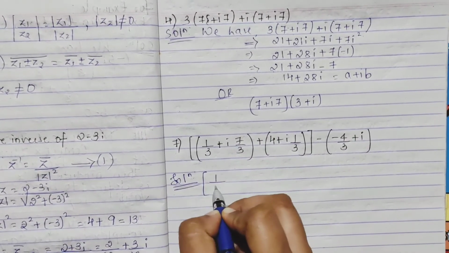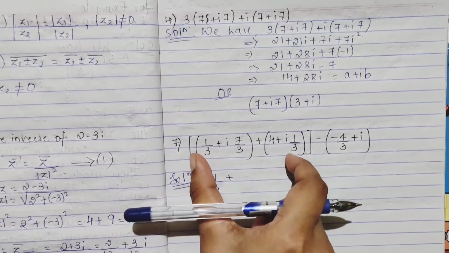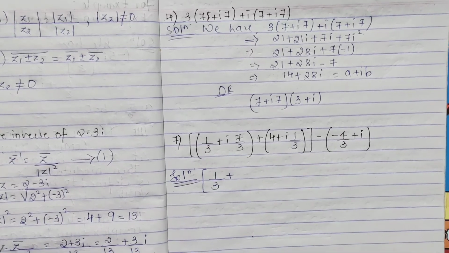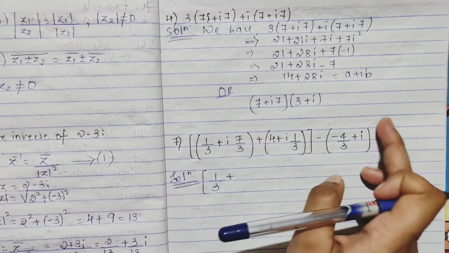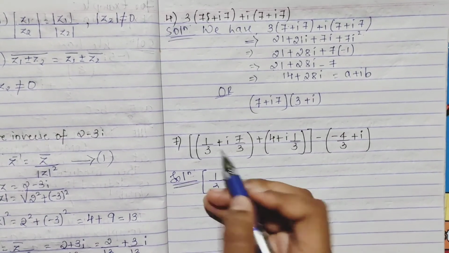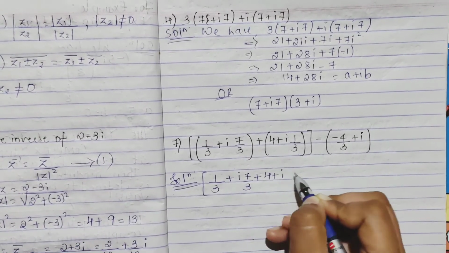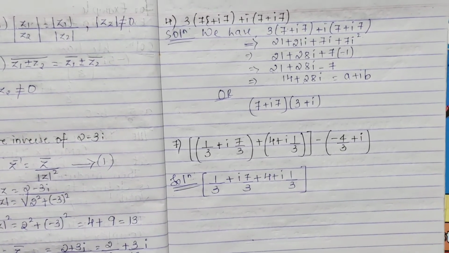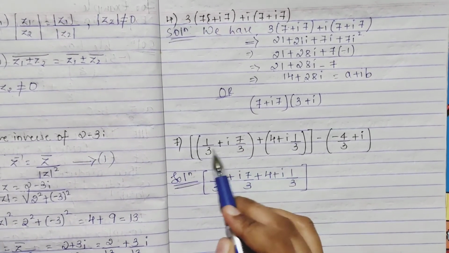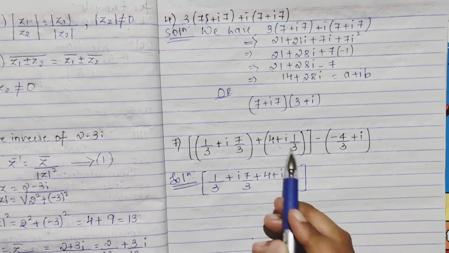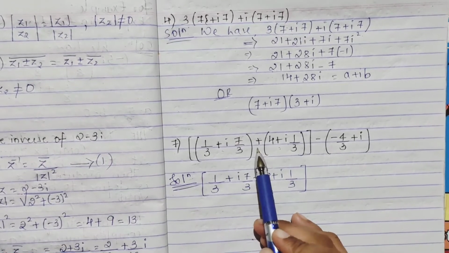If I open up the bracket, without brackets, what I have is... first we will solve for this part. Whenever you have brackets like this, first solve your inner part, then go with the outer. So 7i/3, here also plus 4 plus i/3, like this you are getting, right. I have just opened it up, I am writing properly. Here it is a plus sign, so don't multiply again. Most of the students do that, but this is not multiplication, here it is an addition sign.